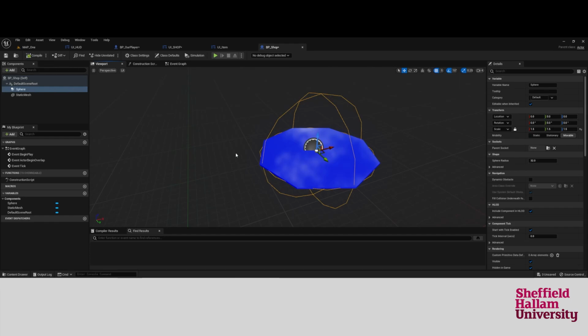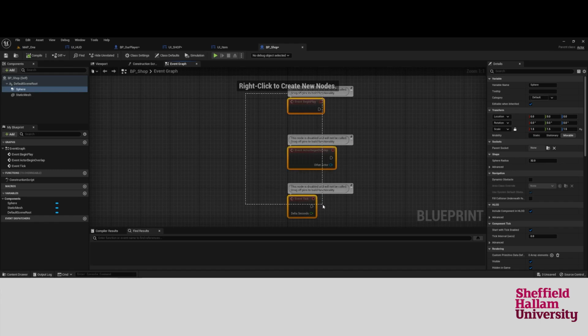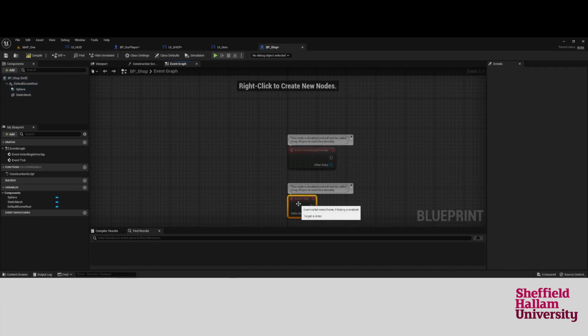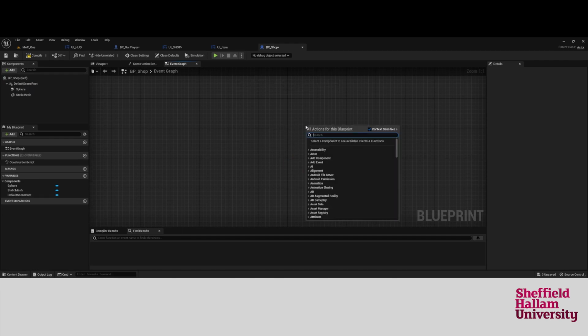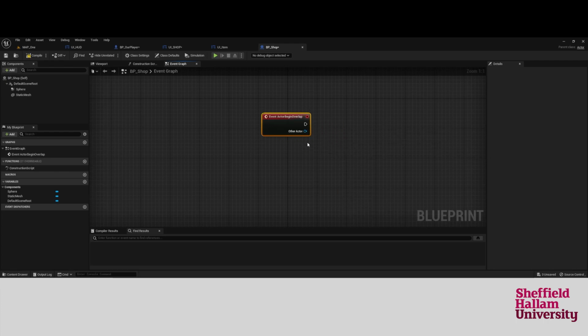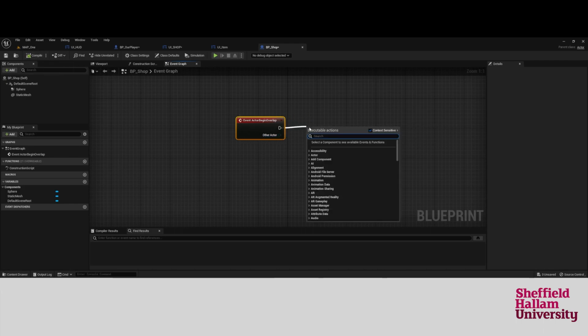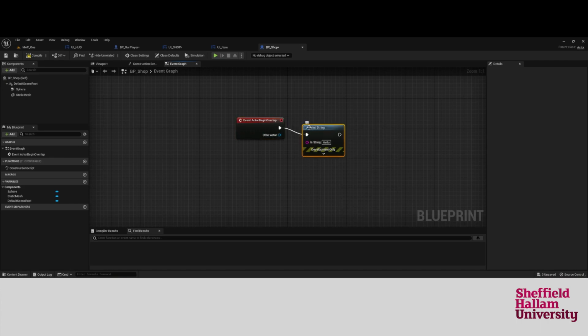So we have that in place now, and what we want to do is just do a quick event actor begin overlap, and it's already there for us, but it's got this little comment on, so we don't want that. So if we just type in begin overlap, and again we want the other actor to be the player, so we need to make sure it only happens when the player goes over that space. I mean, it may actually just work only in that instance anyway. So what we can do is just very quick debug check and just connect it up to a print string